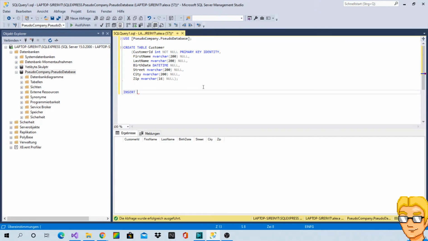But feel free to shoot me some other customer data. And I'm not going to look up real places, real zip codes and stuff. It's just going to be completely fictional.